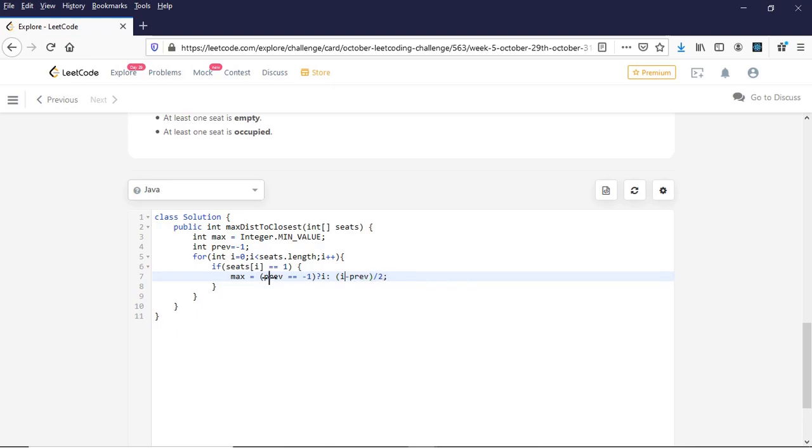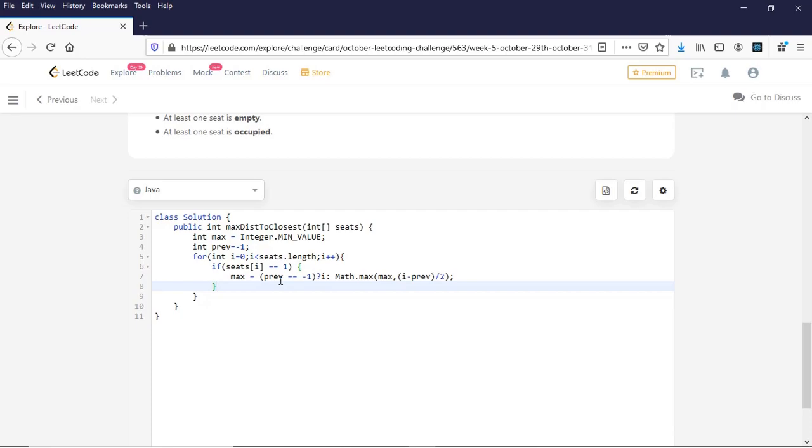Here I have to check the max of the current max value, so Math.max of the current max value and this value. This is when I am trying to place Lx in between two occupied seats.